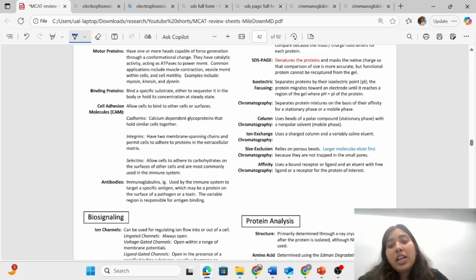That's what's written here: using a bound receptor or a ligand, and eluting with free ligand or a receptor for a protein of interest. Okay,